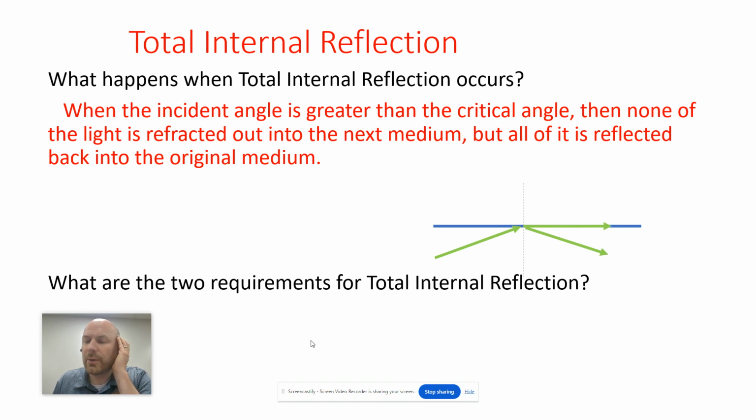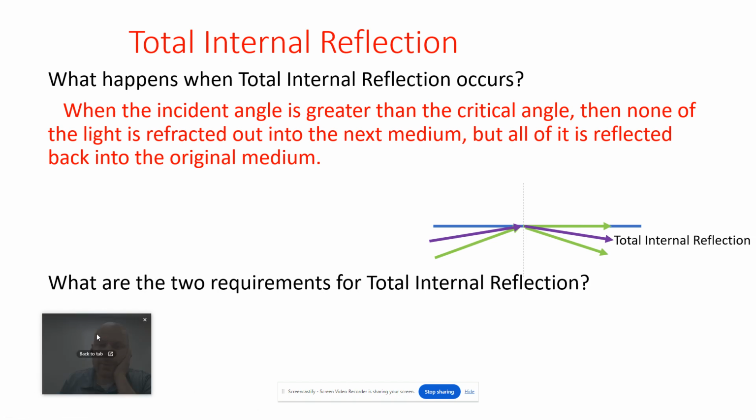So here, the green is showing the critical angle, the incident angle, showing the refracted ray going parallel to the surface of the water, and some of it's being reflected back in. But then if you exceed that, you go greater than that critical angle, then none of it gets out and all of it is reflected back in. That is total internal reflection. The two requirements for that are